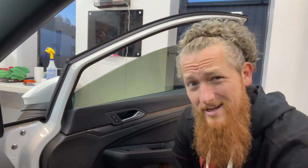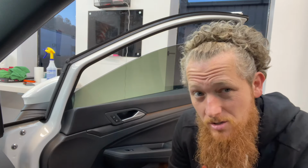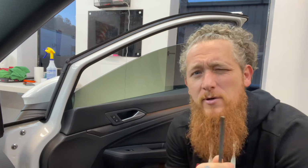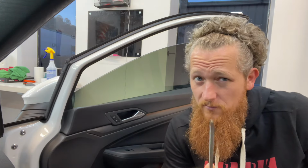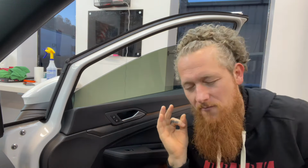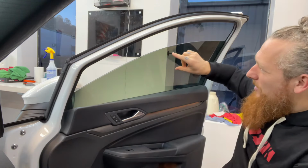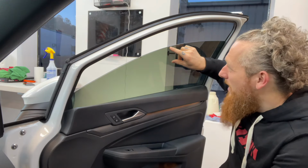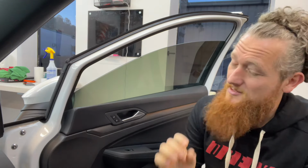Now, specifically when it comes to window film, the reason a shop will tell you that you can't actuate your window for several days until it cures is because if you have window film now, actually, let's test this theory. If you have window film on your vehicle now, or know someone that does, next time you see their window, I bet that unless they went to a very good shop and they line it up meticulously well, that where the film ends and where the bottom of this bevel of the top of the glass starts, there's gonna be anywhere between, now I've seen some really bad ones,